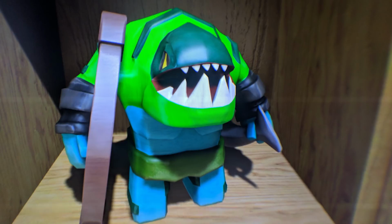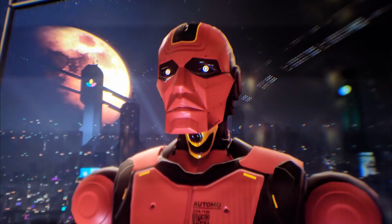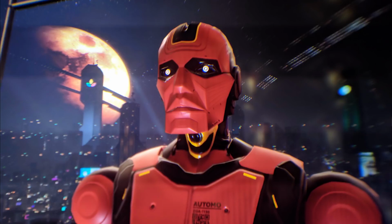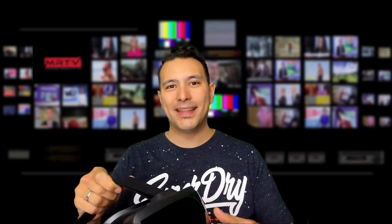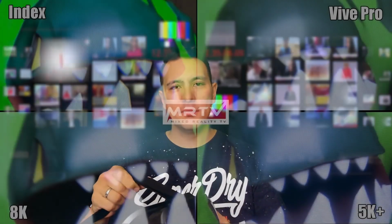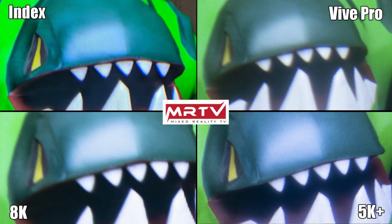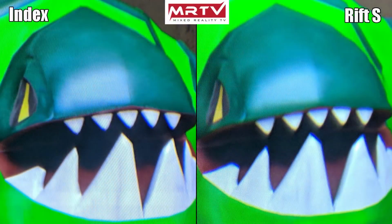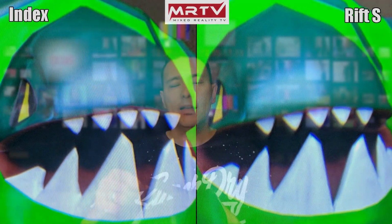It's an LCD display, and we have 3 subpixels per pixel, RGB stripe. Now, how do the displays look? Well, they look good. They look really good. We have a very nice picture. And if I would have to compare the picture against the other headsets on the market, the picture looks better than the picture of the Vive Pro. The picture looks better than the picture of the Rift S, and the picture also looks better than the picture